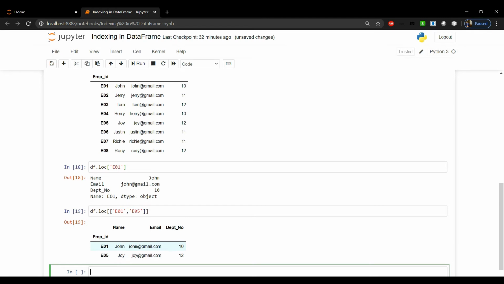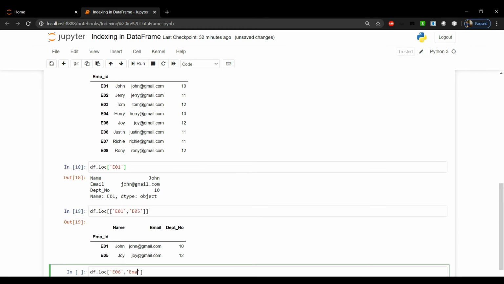Here we got the data corresponding to the two employee IDs, employee number 1 and employee number 5. Now I can also access a single column corresponding to the label or the index. Suppose I want df.loc and corresponding to employee number 6, I want the email of this employee number 6.